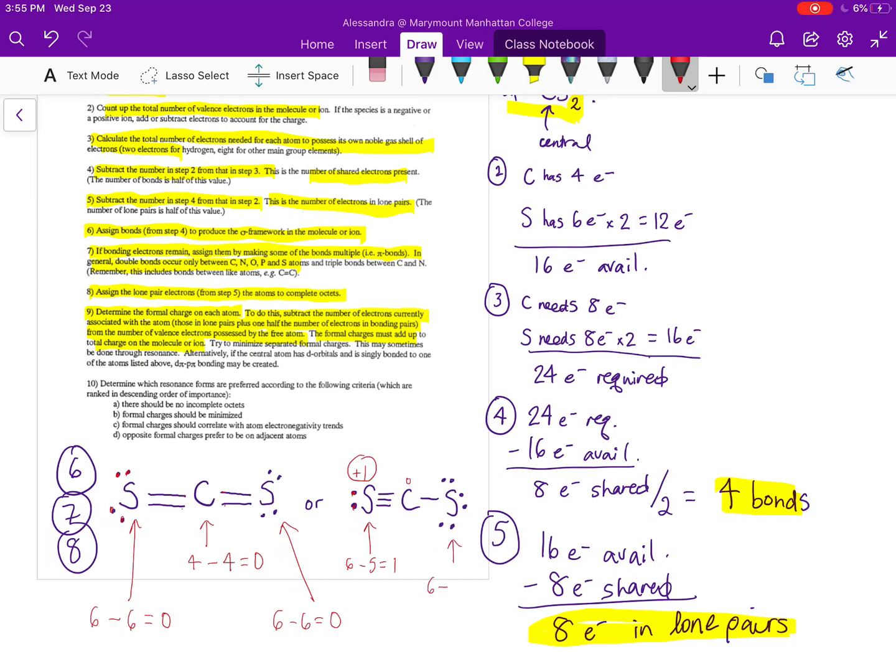This sulfur is going to have a formal charge of 6 minus each lone pair electron, 1, 2, 3, 4, 5, 6, and then half the bond, 7, so 6 minus 7 equals minus 1. So the formal charge here is minus 1. Now, you notice if I add the plus 1 and the minus 1, they add to 0. So that's the formal charge adding up to the neutral charge on this molecule. So in the next lecture, we'll talk about how to say which version is